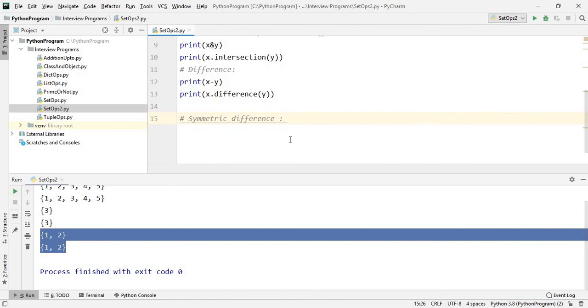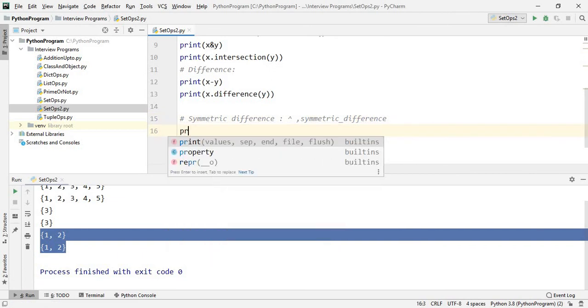Symmetric difference can also be found in two ways: one is the bitwise XOR operator, or symmetric_difference, which is itself a function.